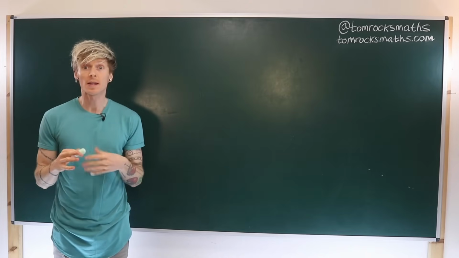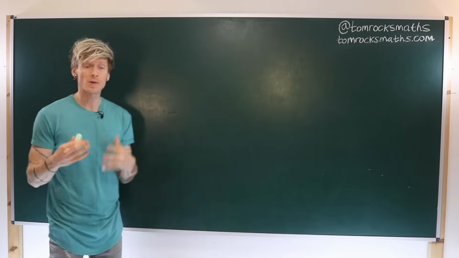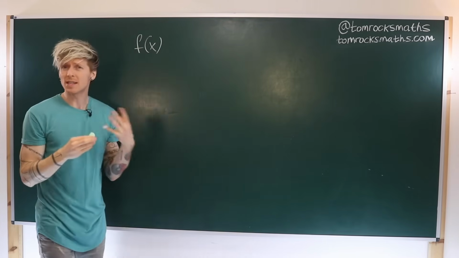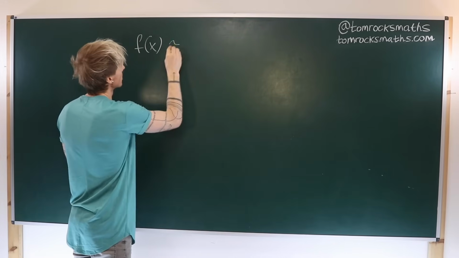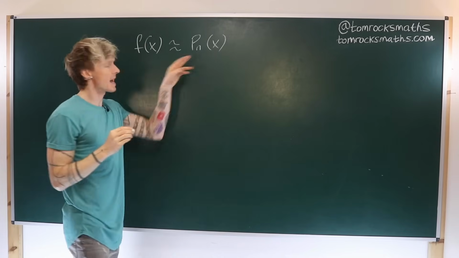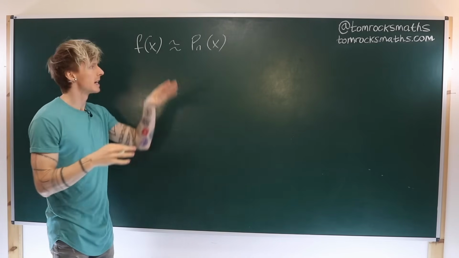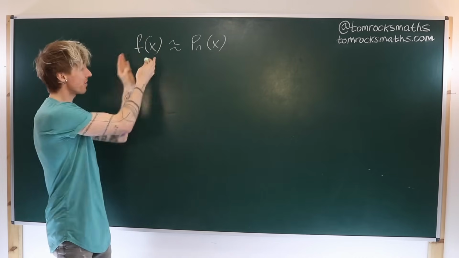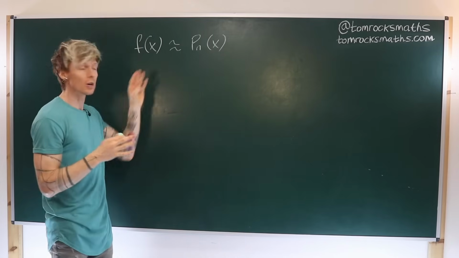To see where Taylor's theorem comes from, let's start with a general example. Suppose we have a function f of x and we want to express or approximate this function as a polynomial. So let's call this Pn of x. And the n here symbolizes that the highest power of x we're going to consider is x to the power n. And at this point, f here can be absolutely any function you can think of as long as it's